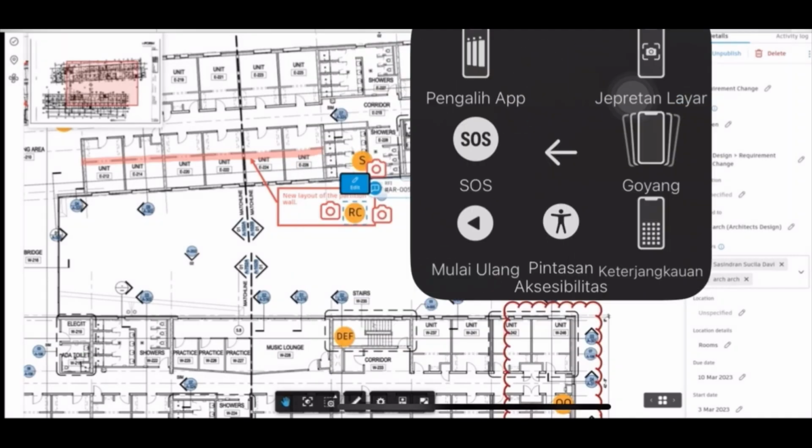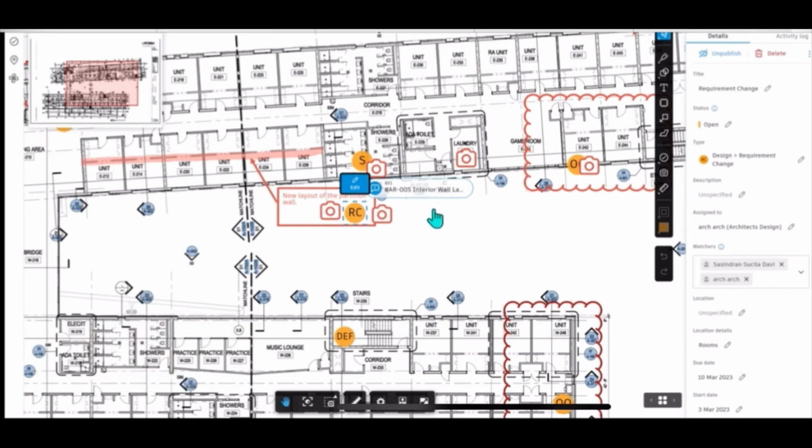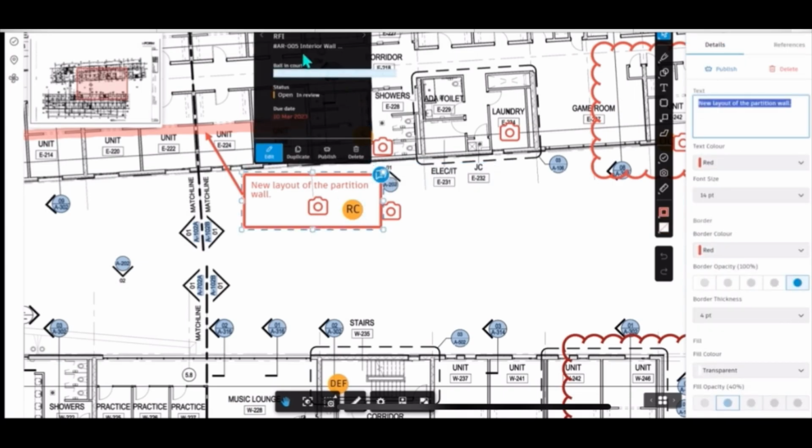Okay. So now we have the layout plan open in a new tab. So we did not download any files or open it in a different application. So as what you can see here, we have that issue 145 indicated here. And then you can also see here the markup that indicates there's a new layout of the wall panels. And you can see there is a preview of an RFI related to this particular issue. So what you need to do is just click on this, and then you can see here the RFI number AR005. You can see who's